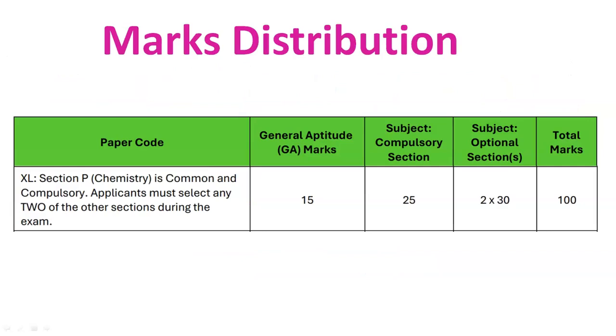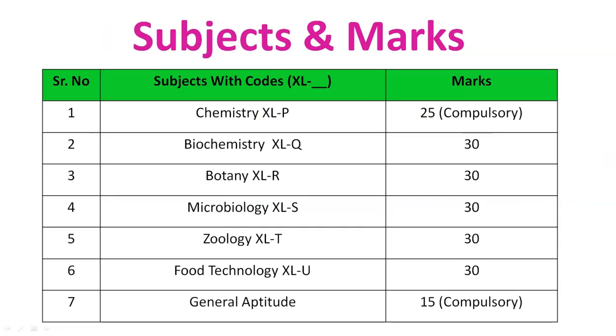So the first thing we are going to see is the marks distribution of the paper for the GATE Excel examination. GATE Excel examination means the life sciences section of the GATE examination. In this examination the paper code is shown in the next slide. First we will be understanding what the codes are and which section of the examination these codes denote, and what sections are compulsory and what sections are optional.